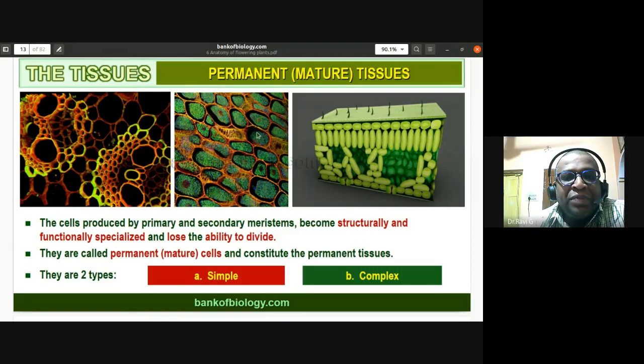The second thing you can notice here is the collenchyma cells. The walls show thickenings because of deposition of pectin. And here is the section of a dicot leaf. You can notice the upper epidermis. Then they have columnar or pillar-like cells which are tightly packed without intercellular spaces. We call them palisade chlorenchyma.